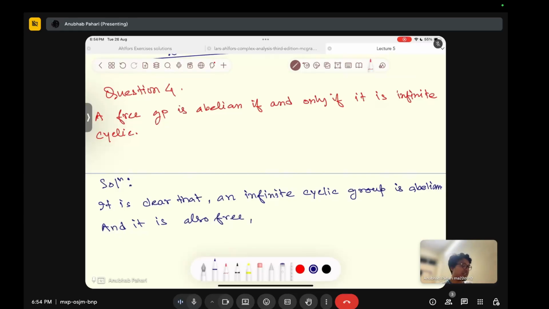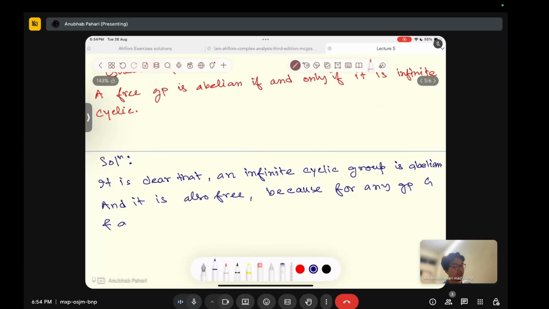Okay, let me write why it is free. Because for any group G and a function sigma from x to G, say sigma of x equals small g, then you see that